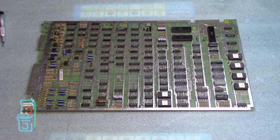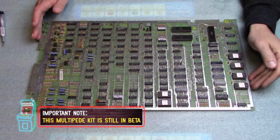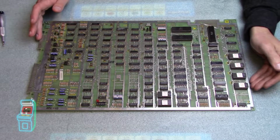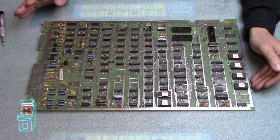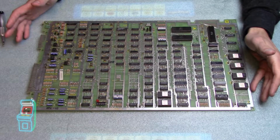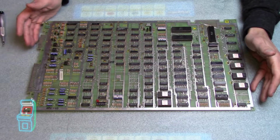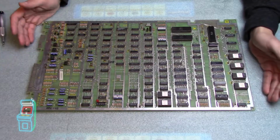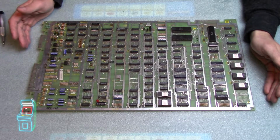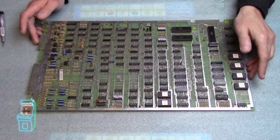Okay, so we have the Millipede board here, and this kit only works with the Millipede board. If you want to put it in a Centipede cabinet, which you can do, to have the Centipede, the Millipede, and all the other games, you will have to buy a Millipede board, and then get an adapter, an edge connector, that will convert it from the Millipede into the Centipede harness. They do sell that. And then you can just put your other board on the side and not use it, and use this one, and it'll have Centipede on it as well as Millipede and the other games. So just wanted to say that this kit does not work with a Centipede board